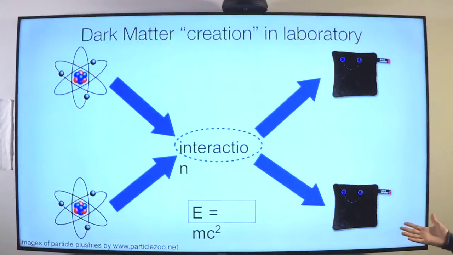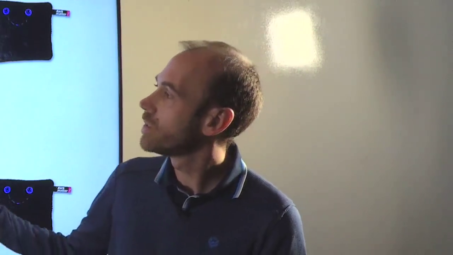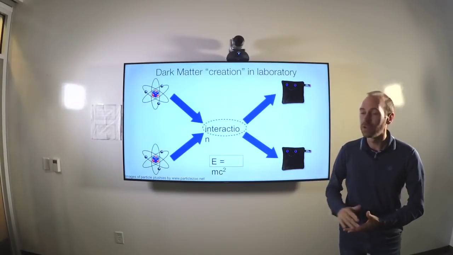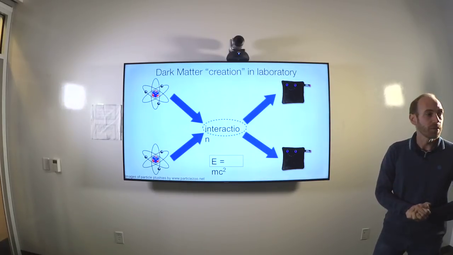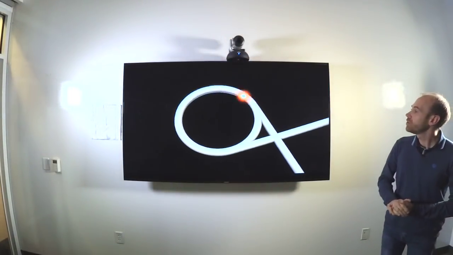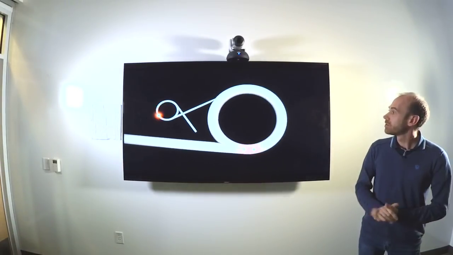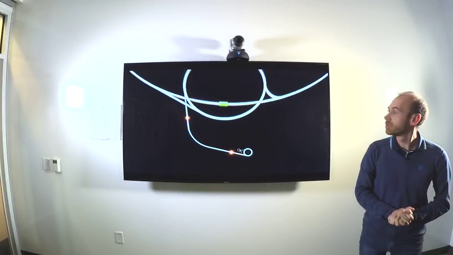This is fundamentally different from the previous approaches, where you try to detect dark matter that is around, through the weak interaction that it may have with ordinary matter. Here, instead, we take ordinary matter and, in some sense, transform it through the same or a similar weak interaction into a new dark matter particle that would be created in the laboratory, and try to detect it. How we do that: we start from protons, basically hydrogen atoms stripped of the electron, and we accelerate them through various stages of these accelerators.